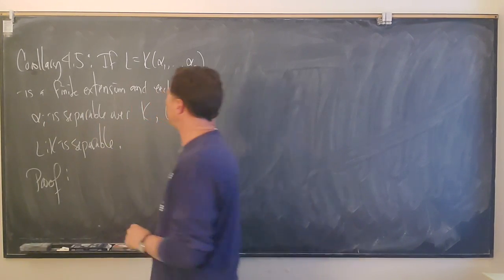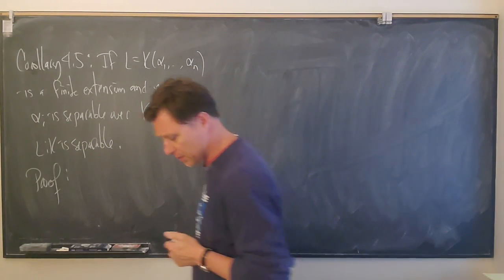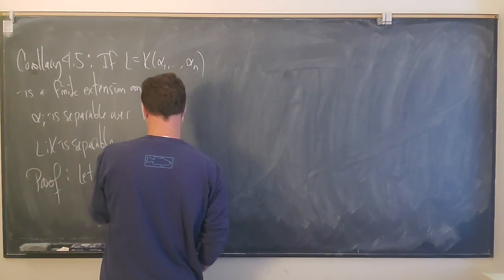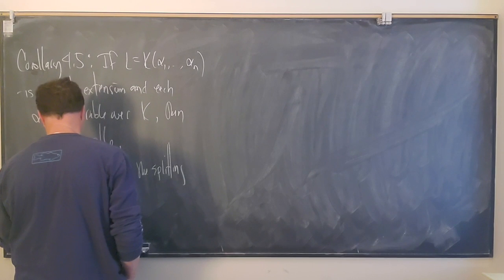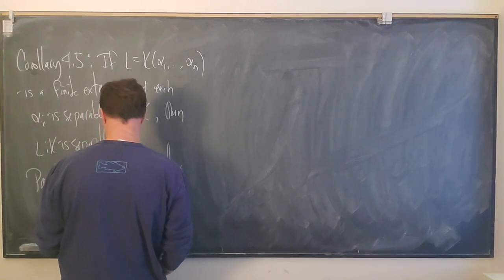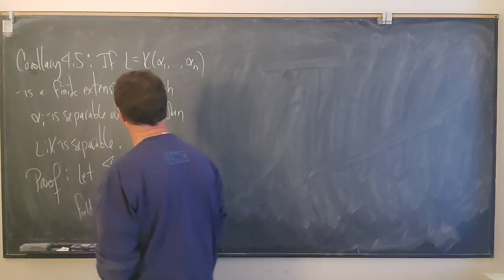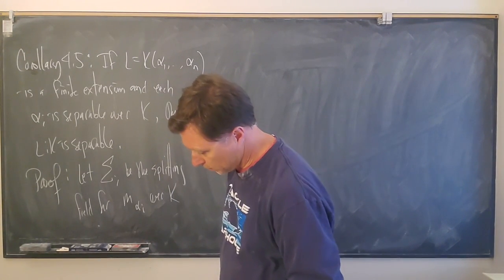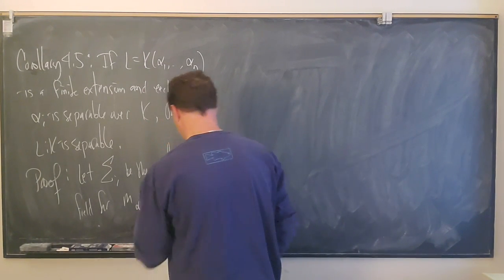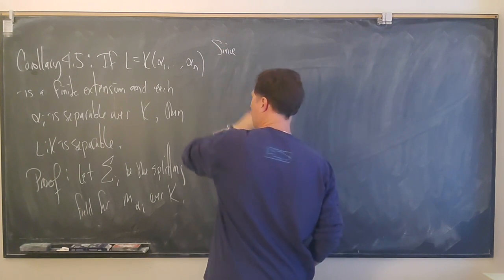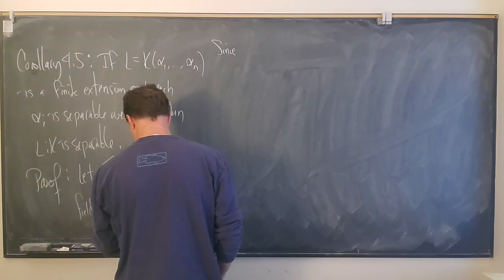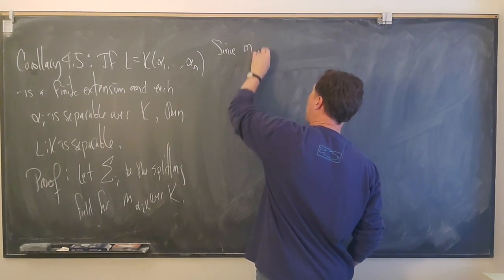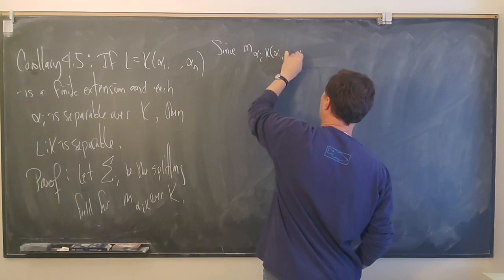So first, we're just going to look at the splitting field for each of these alpha I's over K. Let's call it sigma sub I. So let sigma sub I be the splitting field for m sub alpha I over K. Let's put a little sub K there, so it's the minimal polynomial with coefficients in K. Now, since the minimal polynomial of alpha I with coefficients in K adjoin alpha 1 up through alpha I minus 1